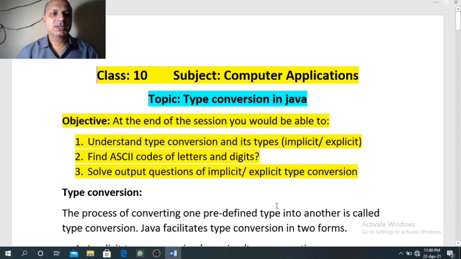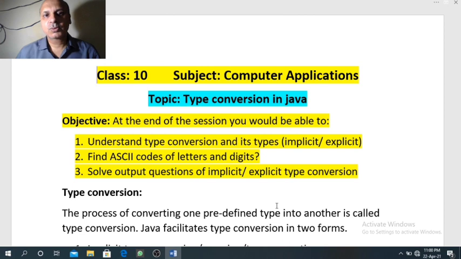So today we are going to discuss what is type conversion, the different types, that is implicit and explicit, and how to find the ASCII code of characters, especially lowercase letters, uppercase letters, digits.